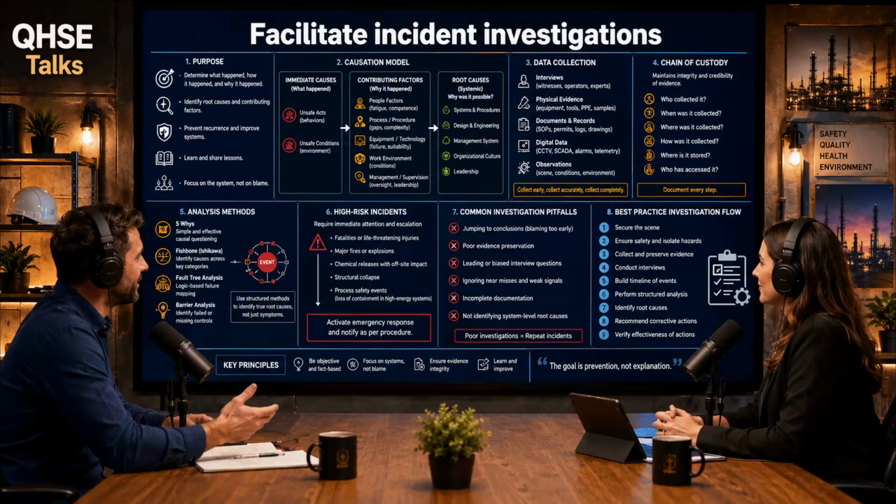And if that natural operational pressure is not actively and courageously countered by safety leadership, demanding to dig deeply into the underlying organizational causes, you will only ever get cursory, useless analyses that blame the worker and fix nothing. Which brings us to the ultimate question for your career. How will you, as a safety professional, cultivate a culture that values the painful, messy, expensive truth over a quick